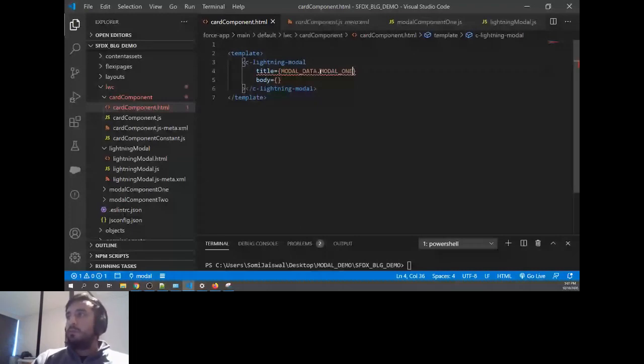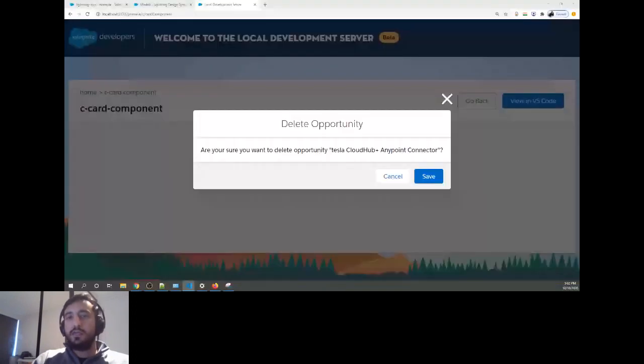modal.js will catch the data, and it immediately prints the data on the HTML file. We haven't done anything else; we are just catching the data from the parent and showing it on the child. Our modal remains the same. We don't want the modal to be open every time, right? We want the modal to be open on click of a button.